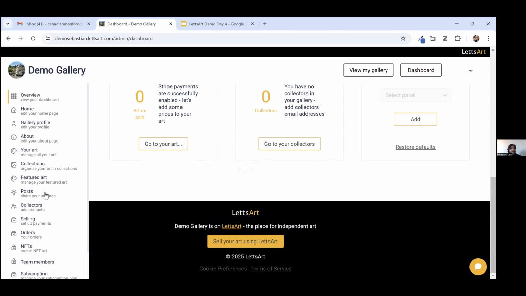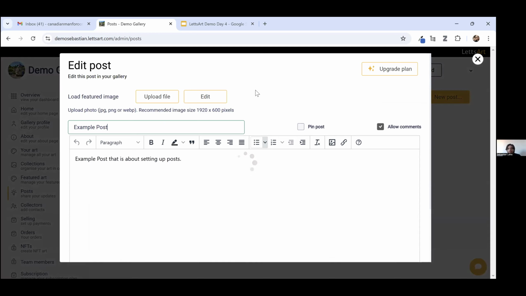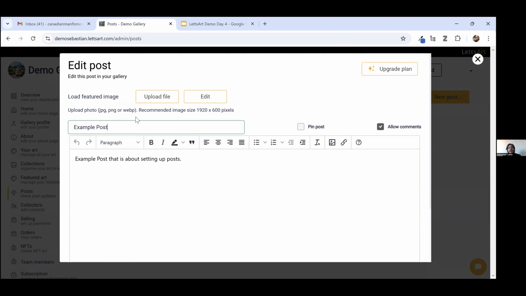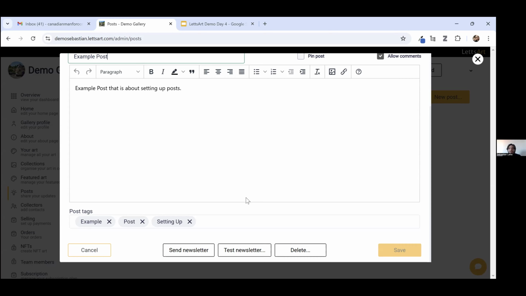If we head back to the dashboard and posts, we'll see there are a couple of other options that we can use when we go back into it. So first of all, we can utilize a newsletter. This is for users who might want to send their posts to their collectors directly to their emails. The thing that we try to suggest is that you should always test your newsletter first. This is because the post might end up being rendered in the email slightly differently than you would have expected